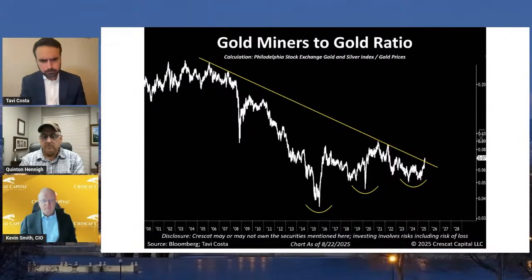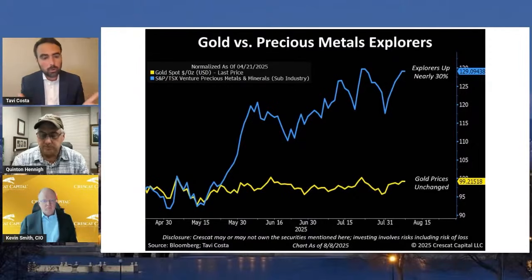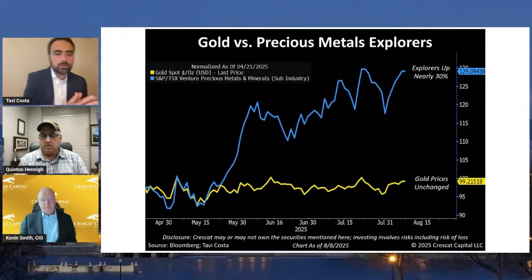If you go to the next chart, you can see what's been happening more recently as well, where gold has been going basically sideways since April. I think it's more of a consolidation, nothing to worry about. But what is remarkable is that the blue line is the TSX Venture. Those that follow the industry well know what that is, but that's looking at the subgroup of precious metals. If you don't know, those are the very small cap companies in this industry. Most of them are exploration companies. That's usually the higher risk end of the spectrum of the overall industry.